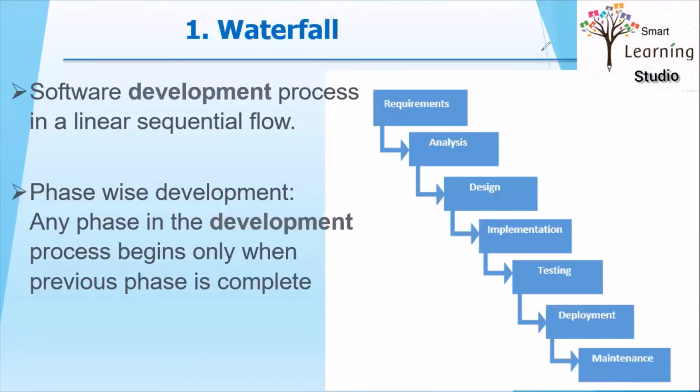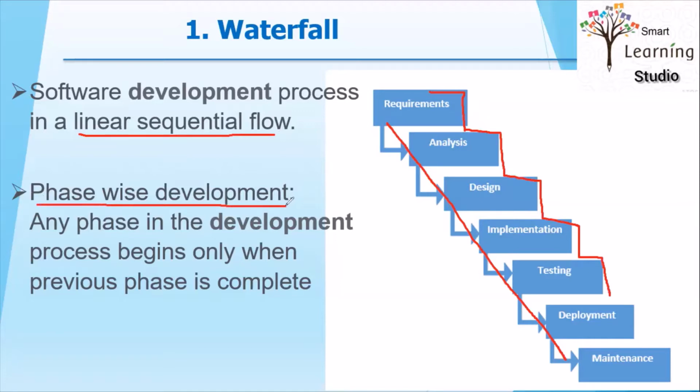Let us start with the first method, which is the waterfall method. As the name indicates, waterfall, you can see that all the steps are here in a ladder form. So all processes are in a ladder form, like a free flow of water. You will see that when one process is completed, the second will start. So like this, it will come. That's why it is called the waterfall method. The processes run in a linear sequential flow. It has phase-wise development. This means that when one phase completes, only then the next phase will start. It is one of the very old methods.